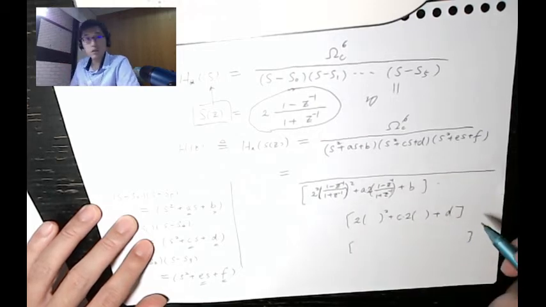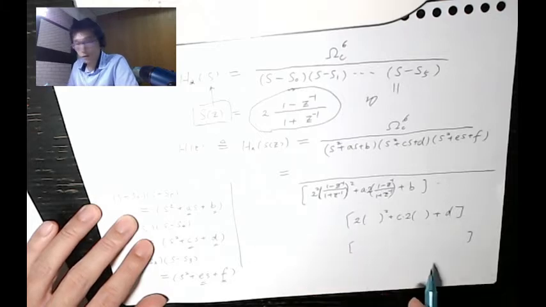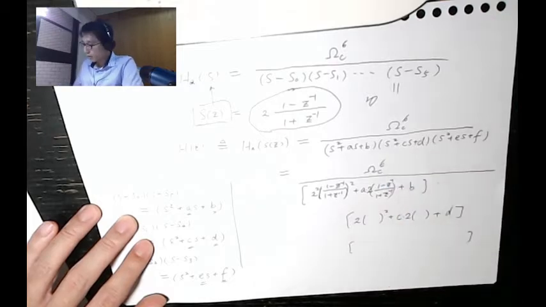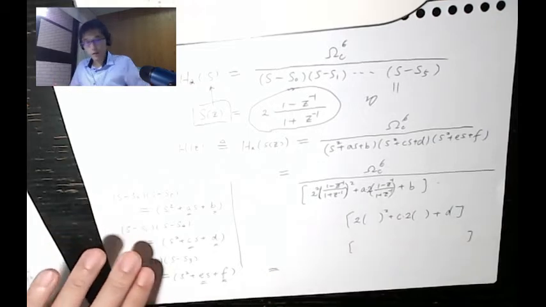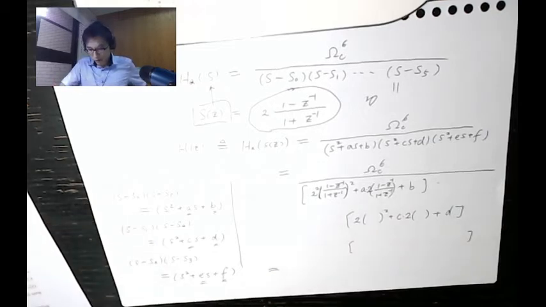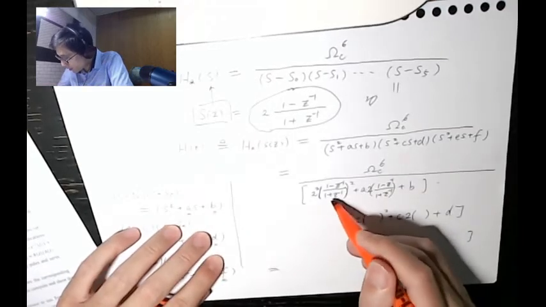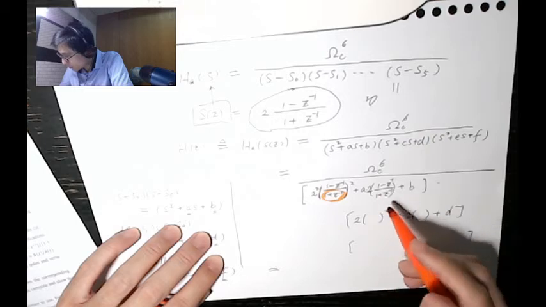The bottom part, our denominator, has 3 factors, and on top we still have omega c to the 6th power. So part of the question I was asking, you still remember, was how many poles and zeros we have in H of z. How many poles? The answer is indeed a 6th order filter. It should have, no surprise, 6 poles.